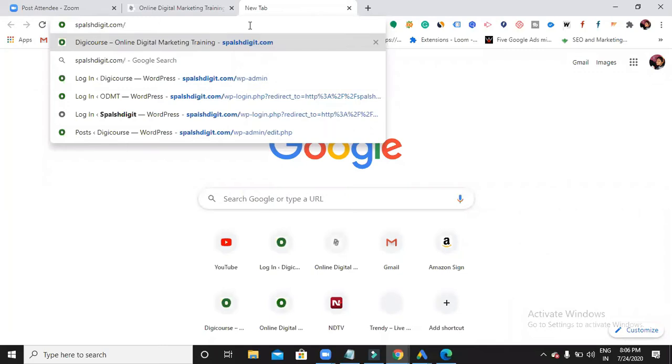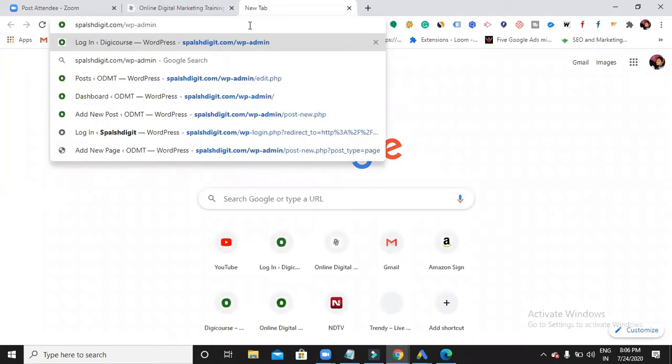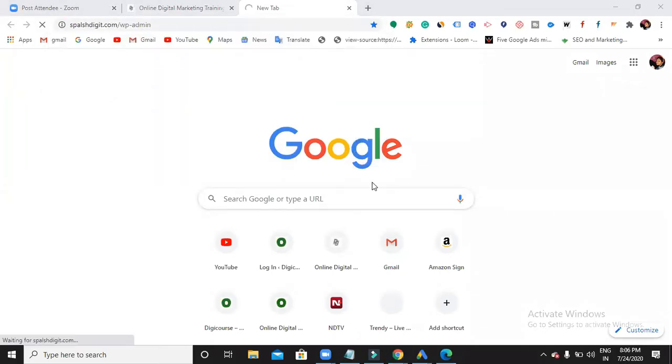Okay, now let's say a smartphone is there. When you purchase a smartphone, you get some default apps, like Google Play Store, Google Chrome and all. If you want some extra apps, what will you do? Download from the Play Store. In the same way, assume that this WordPress website dashboard is your smartphone, and by default you have some pages, posts, themes options. If you want extra features in your WordPress, you have to depend on plugins. So a plugin is just like an app in your mobile phone.